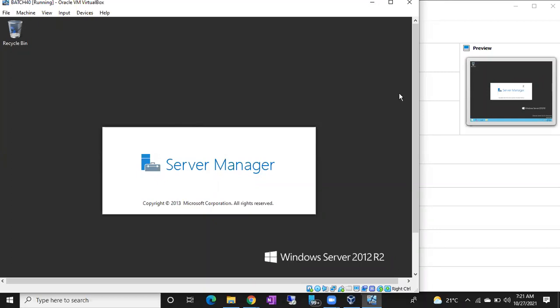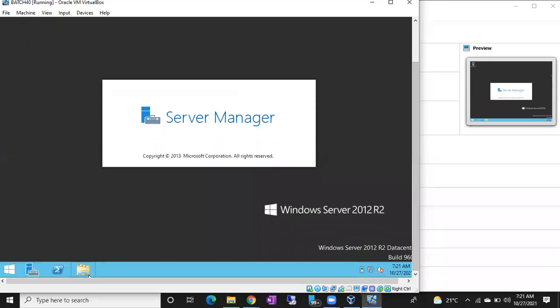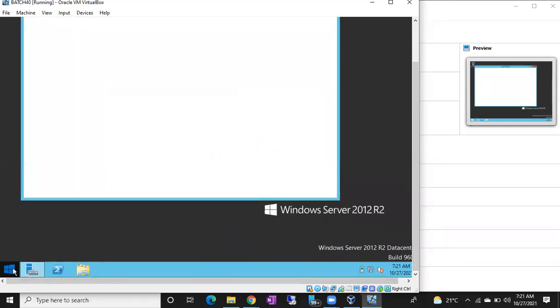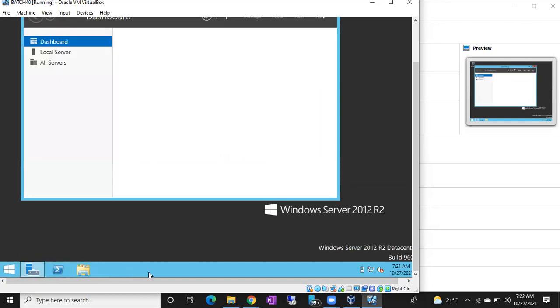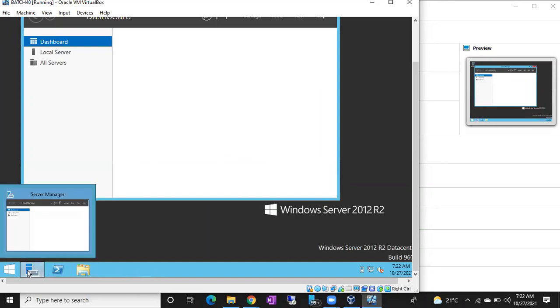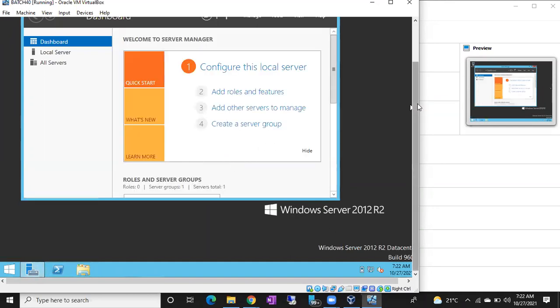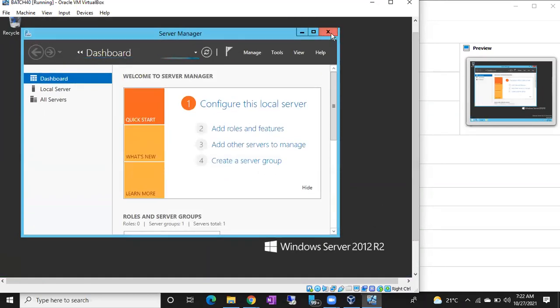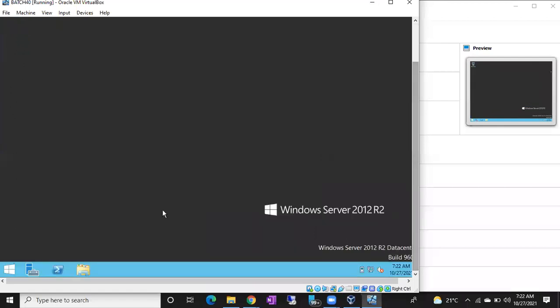Automatically it will open. And if you don't see it, see here. Can you see the taskbar now? Srinivas? Yes, sir. Yeah, this is the taskbar. On this taskbar, you can see here, and in case someone closed it or you close it by mistake, you can still access it from this taskbar.